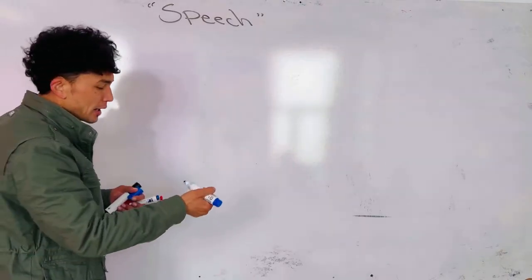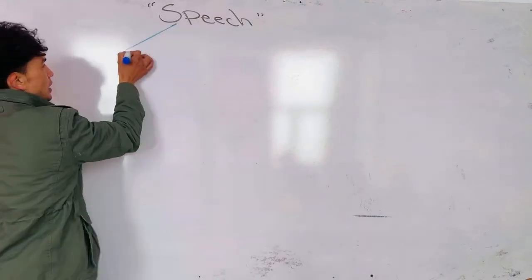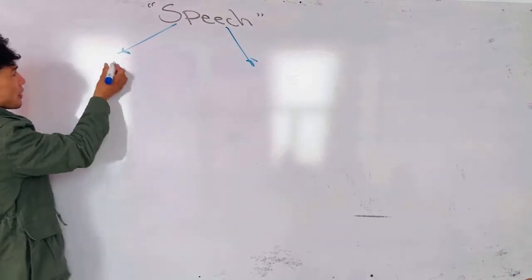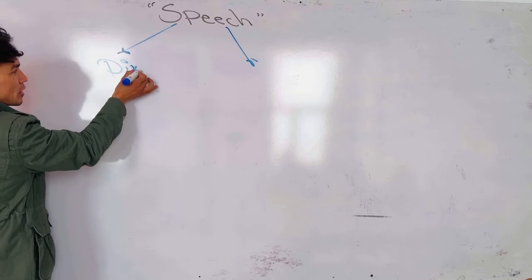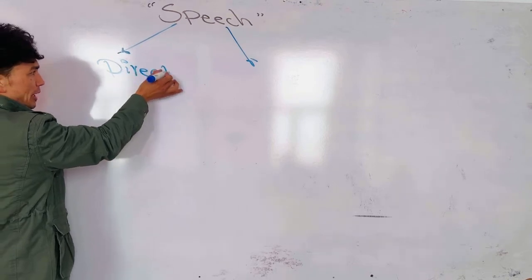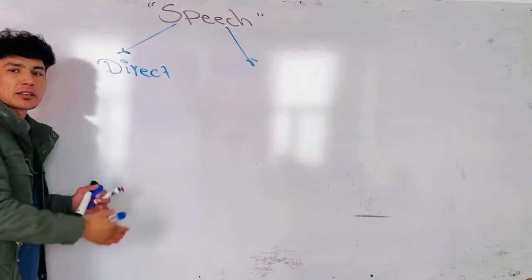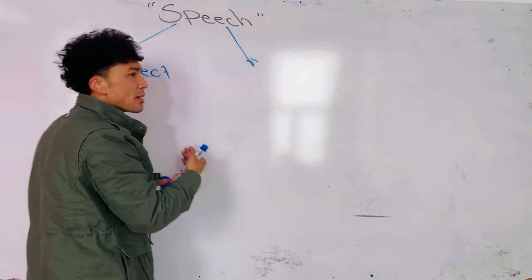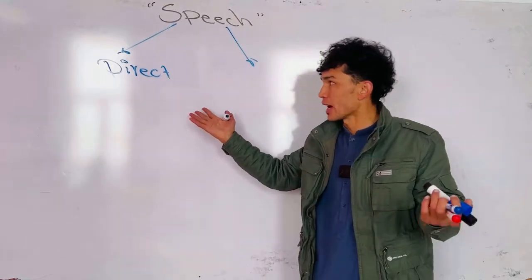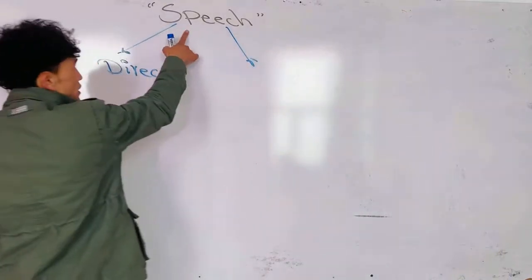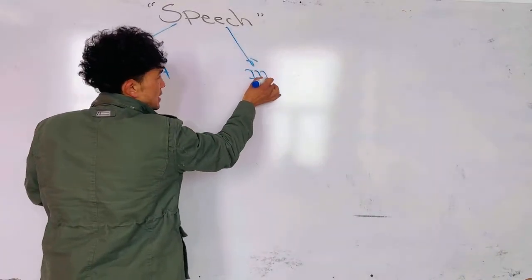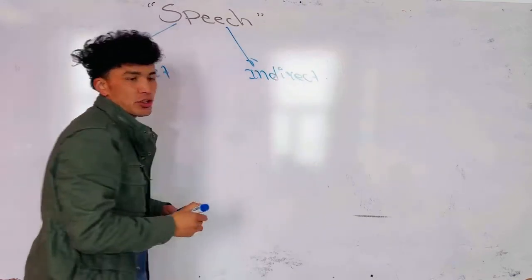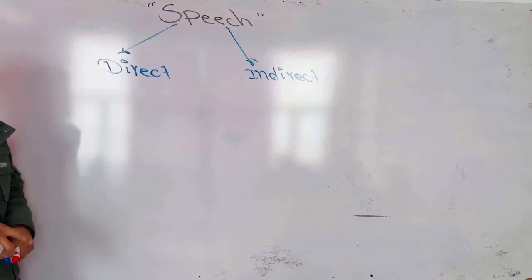Direct. Okay. Now, number one, so let's divide speech into two different categories. The first category of speech is called? Direct. Okay, exactly. American English direct and Australian English direct. Direct, I'm so comfortable saying direct. Okay, direct speech. What is direct speech? What is the opposite? Okay. Indirect speech. Direct speech and indirect speech.